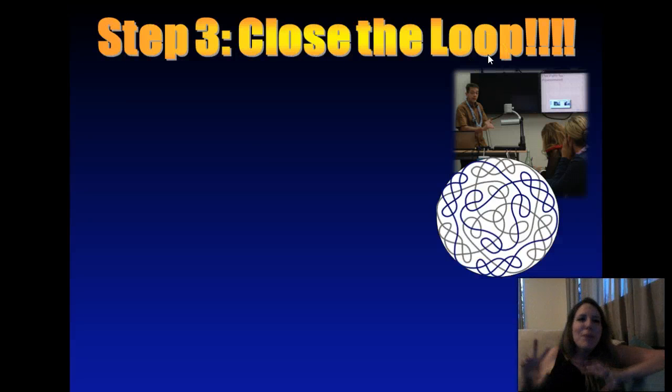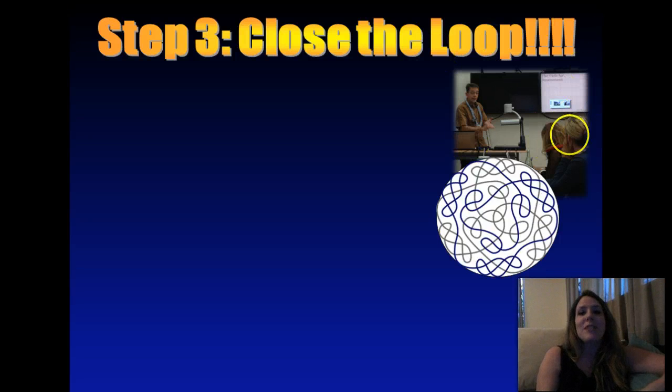So step 3, what do we mean by closing the loop? We mean you take your plan, you take the data, you come back with your colleagues, and you discuss, just like those albatrosses were doing. We wanted to close the loop by looking at these numbers, figuring out what they mean, and what that means for needs of improvement in our courses. And we're going to then create those improvements, implement them, and assess the improvements. And that's called closing the loop. It's in particular closing the loop when we let those results trickle upwards eventually to the whole institution. And I'll show you what I mean by that.